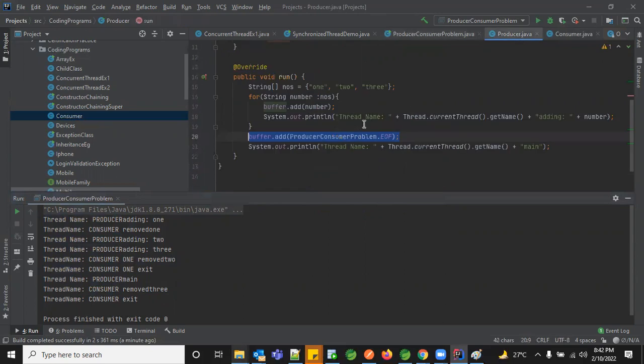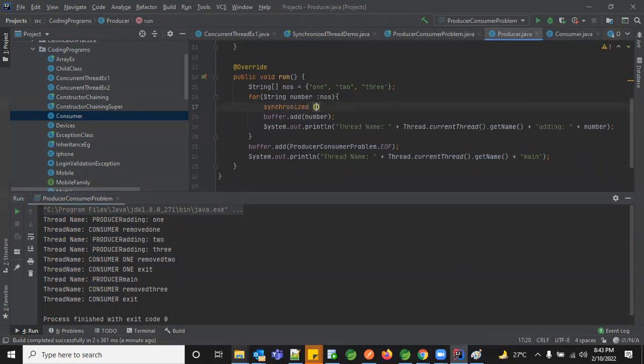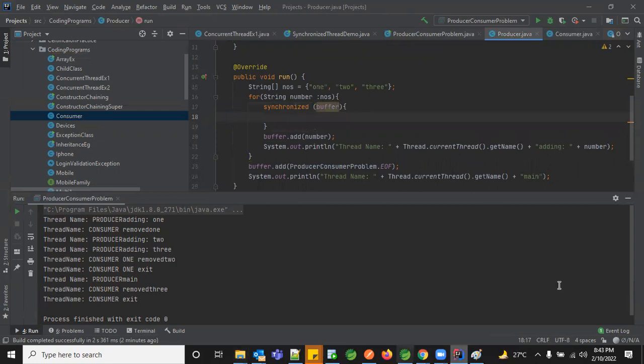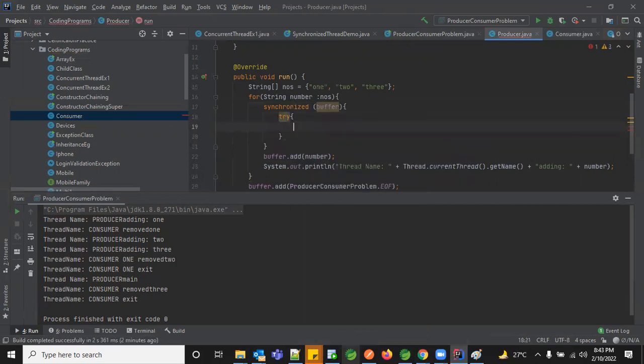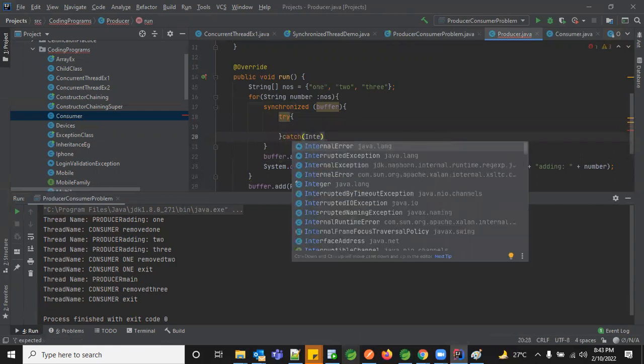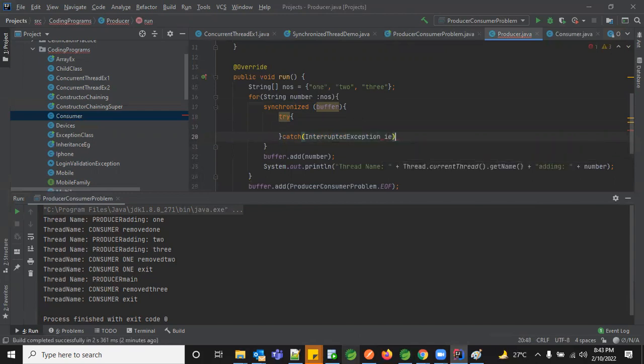What we're going to do is, within this, whenever you're trying to add a piece of code, I'm going to give a control. This particular buffer is a shared object, so no one can take control unless I release that. So I'll introduce the synchronized block, and this block has a shared resource, which is the buffer. I'll make that the shared resource, and here I'll make sure that the thread waits for some time using the sleep method. And why are we giving that? In order to avoid interrupted exceptions only.